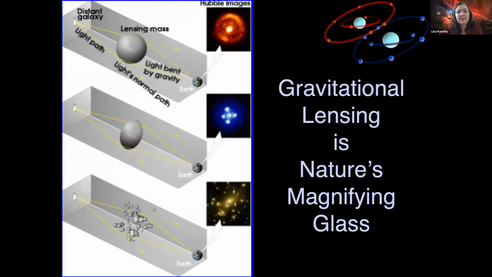Now, the problem with lensing is it actually distorts images. So if you have a regular glass on Earth, and you pick the glass up and look through the bottom of it, everything's going to look kind of weird and distorted, and sometimes the light looks curved. Something that's not curved looks curved. And so that's what happens to the light of the galaxies. It actually gets distorted and curved.